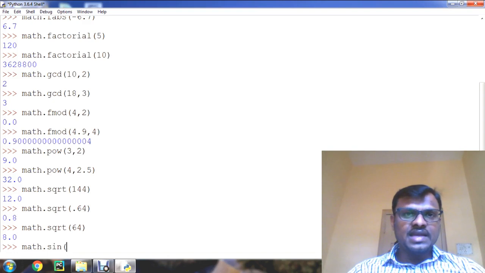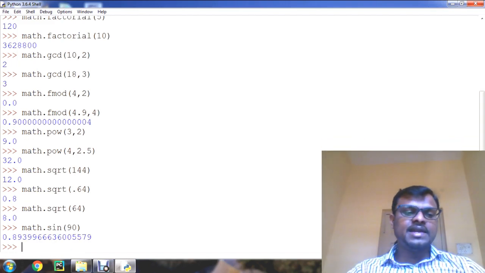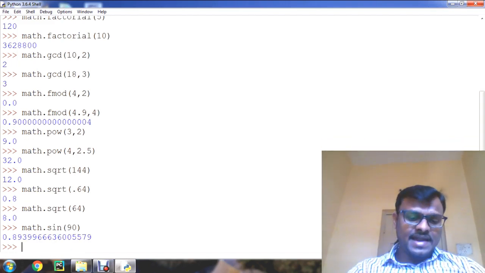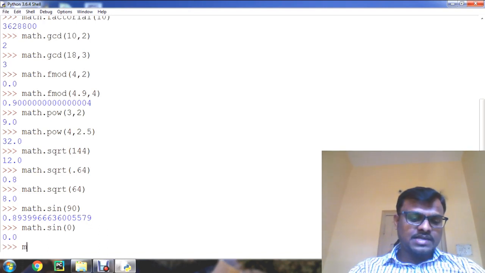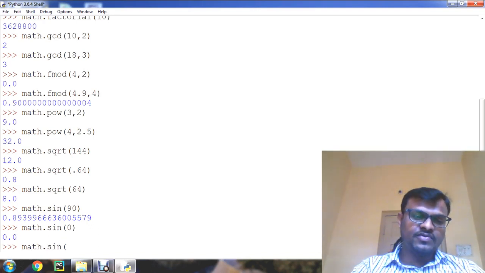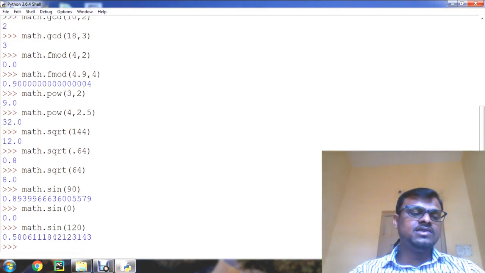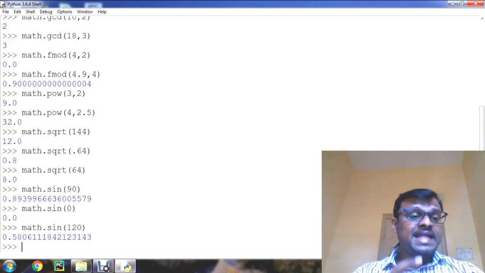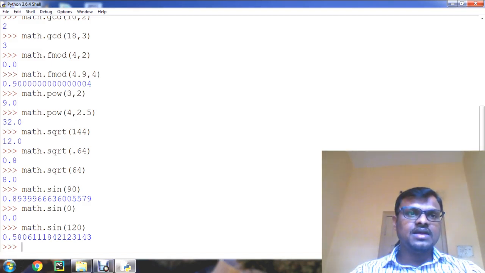For example, if I give the sine of 90, the sine of 90 value is 0.89 something in radians. Same way, if I give math.sin of 0, so it is 0.0. Same, math.sin of 120, so it is 0.580. Like this, we can make use of the math module to import many built-in functions inside our program. Understand?